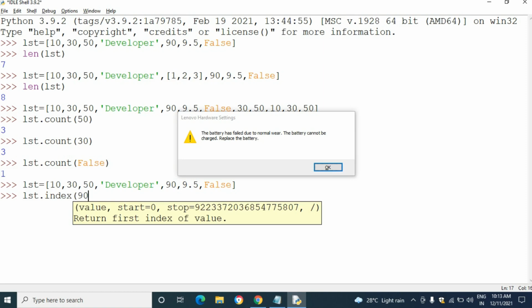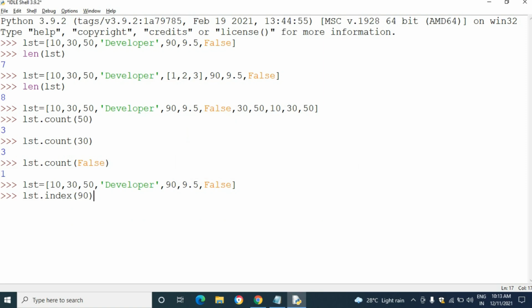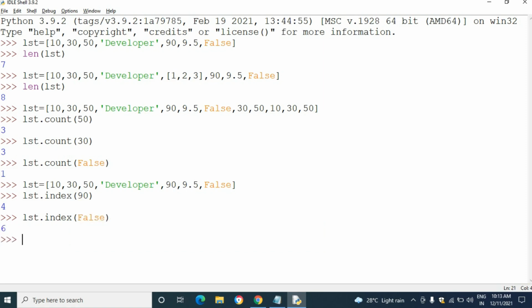lst dot index of the element, I want to find out the index number of the element 90. So it's a 4. Okay, 0, 1, 2, 3, 4. This is the fourth position. So at the fourth index number, the 90 is present. Okay, then one more example. lst dot index of false.